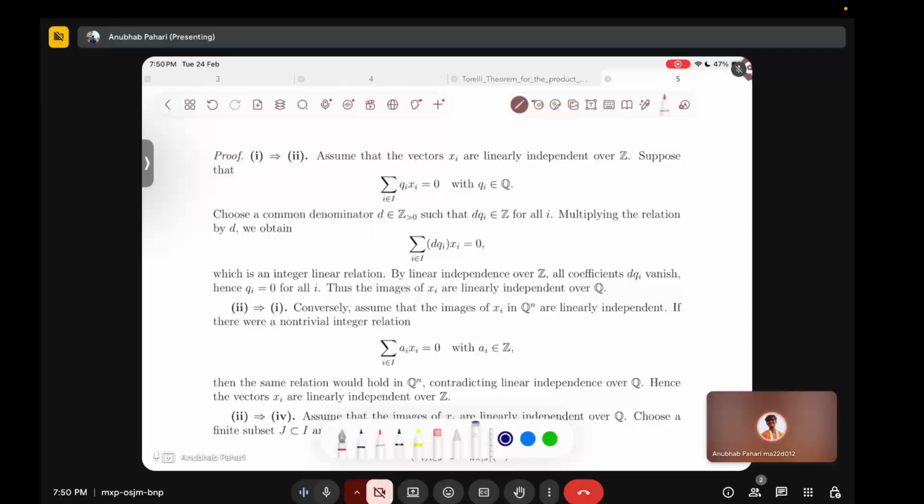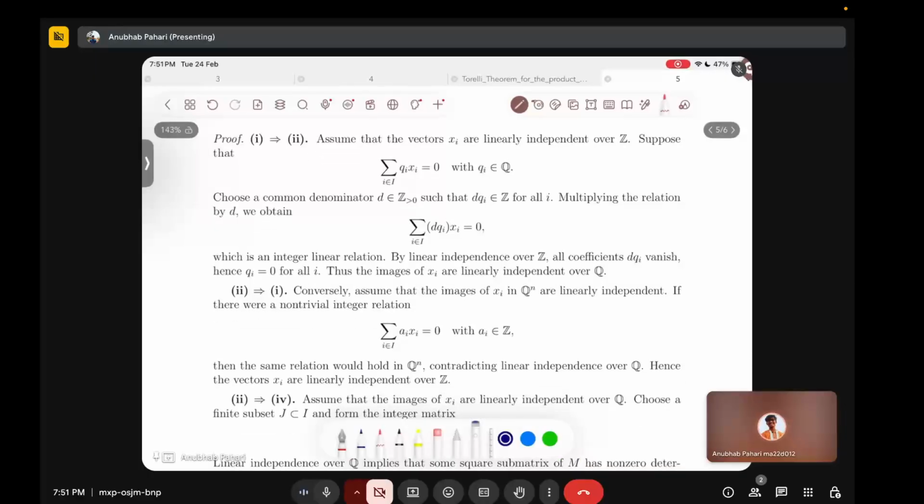Choose a common denominator d coming from Z, such that d q_i belongs to Z for all i. Just take the GCD of all the denominators, and multiplying the relation by d, we obtain summation of d q_i x_i equals 0, which is an integer linear relation, and by linear independence over Z, all coefficients d q_i vanish. Hence